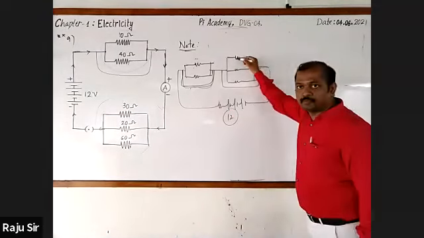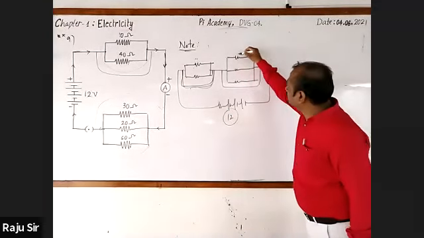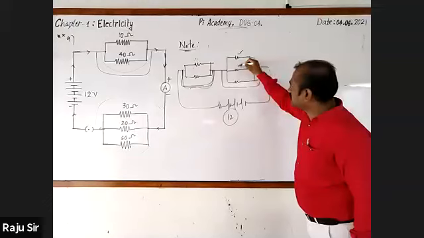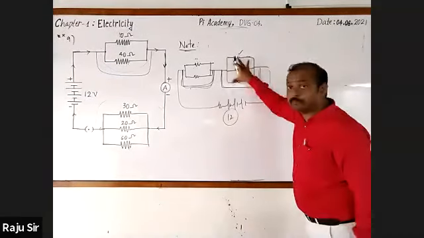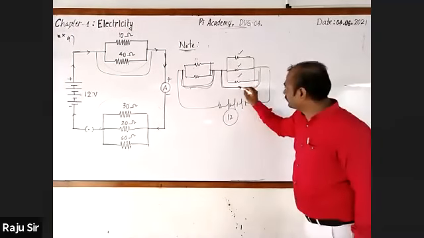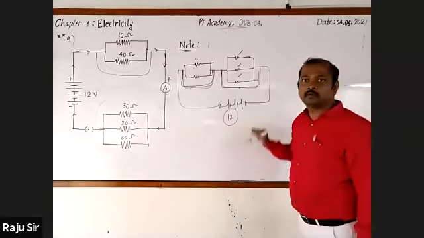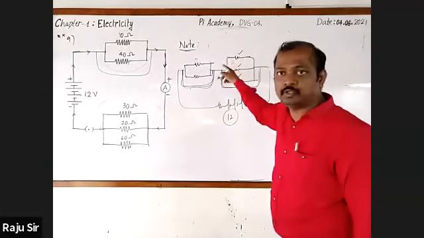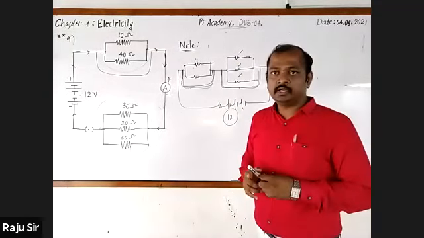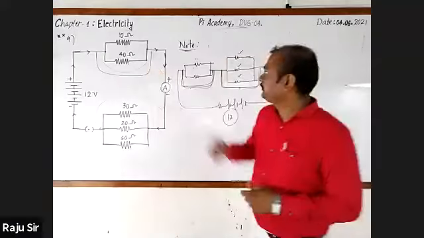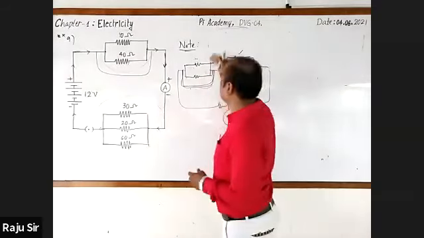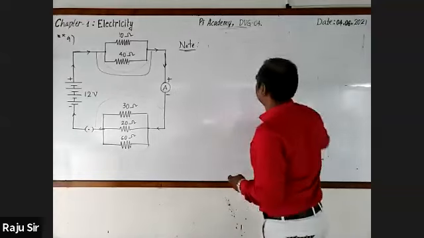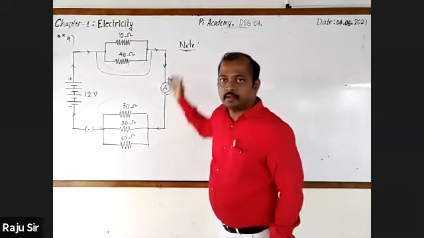Similarly, if you want to find the amount of current flowing through either this resistor, or the fourth one or the fifth one, you must know the voltage across this combination. Only after finding the voltage can you find the current flowing through each resistor. Got it? Now let us focus on the current flowing through only the 10 ohm. It is additional information only, not given in the question. Right.